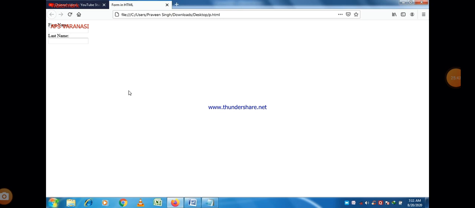Now this is the output, first name, last name. These are two different single line text boxes here, in which you can fill in your information regarding your first name and last name.